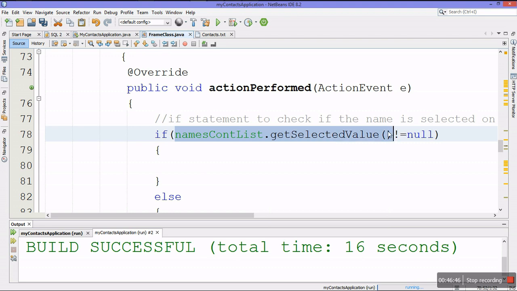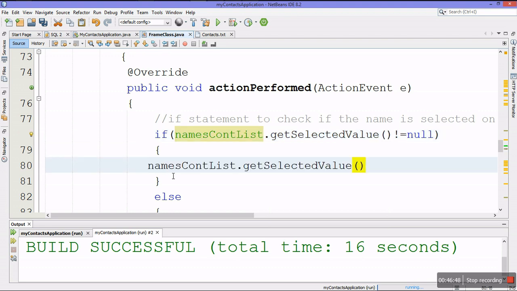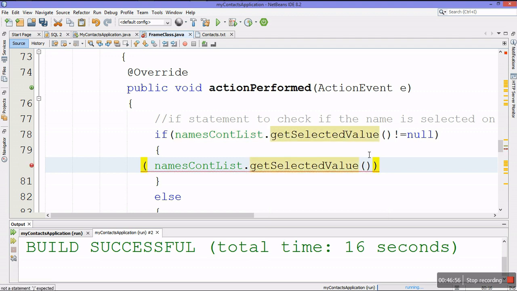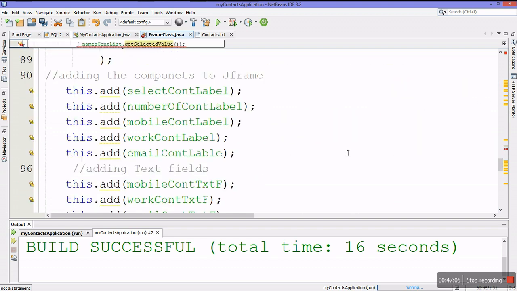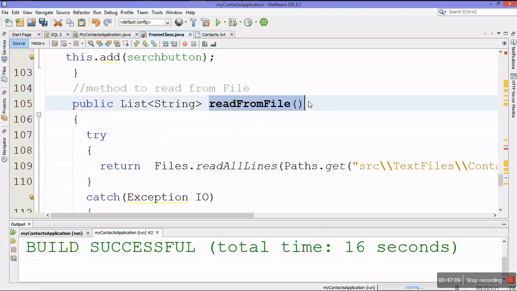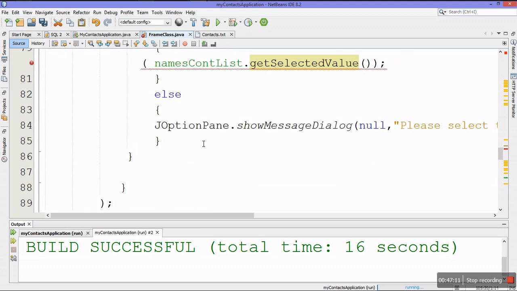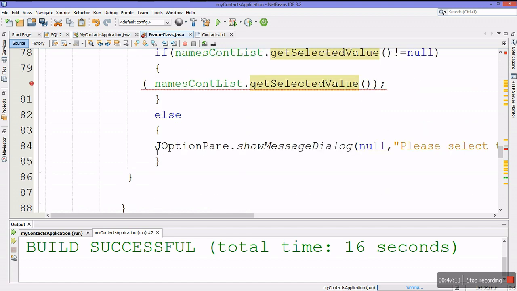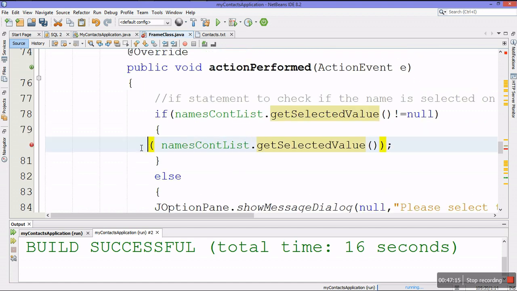I want to get the selected value. Control C, Control V. Yeah, and then I'm adding extra brackets. Then again I'll add a semicolon. Now according to what we selected from the list,